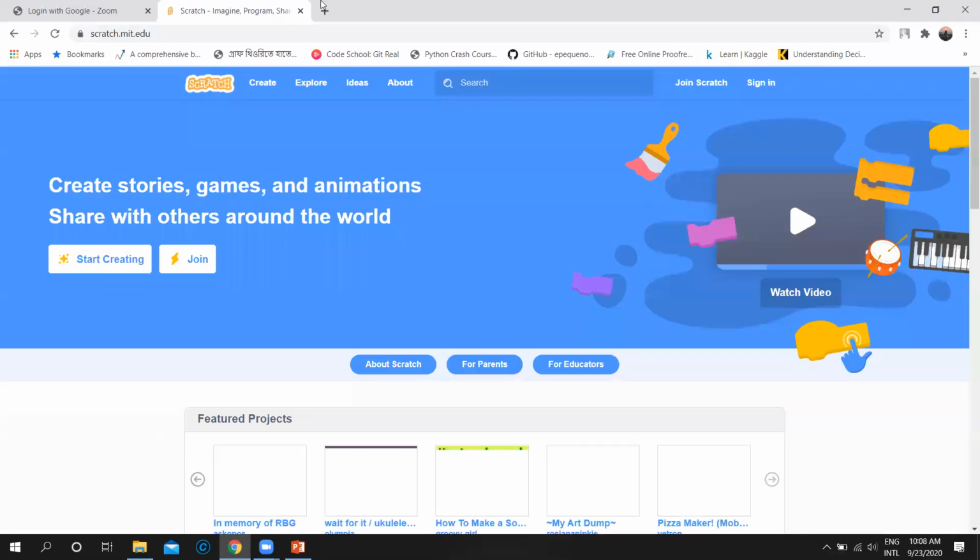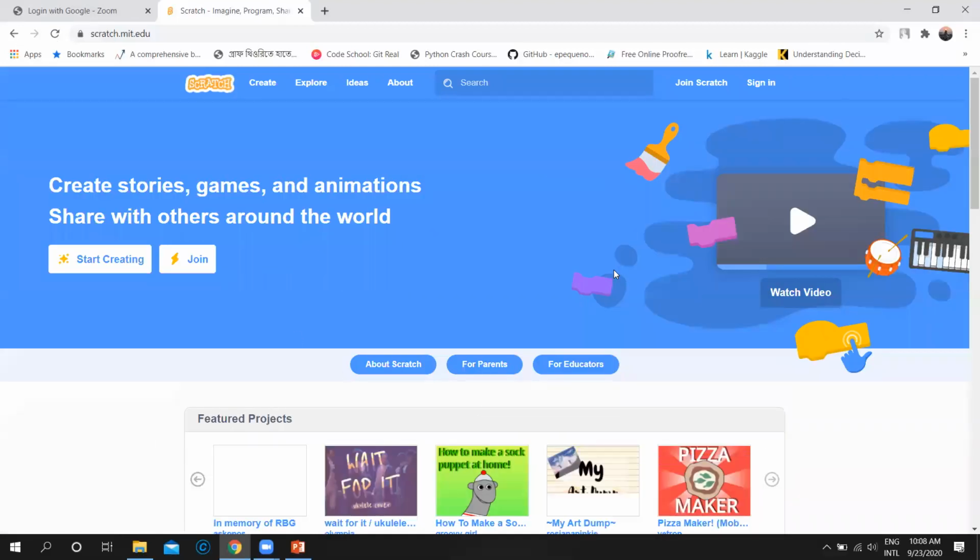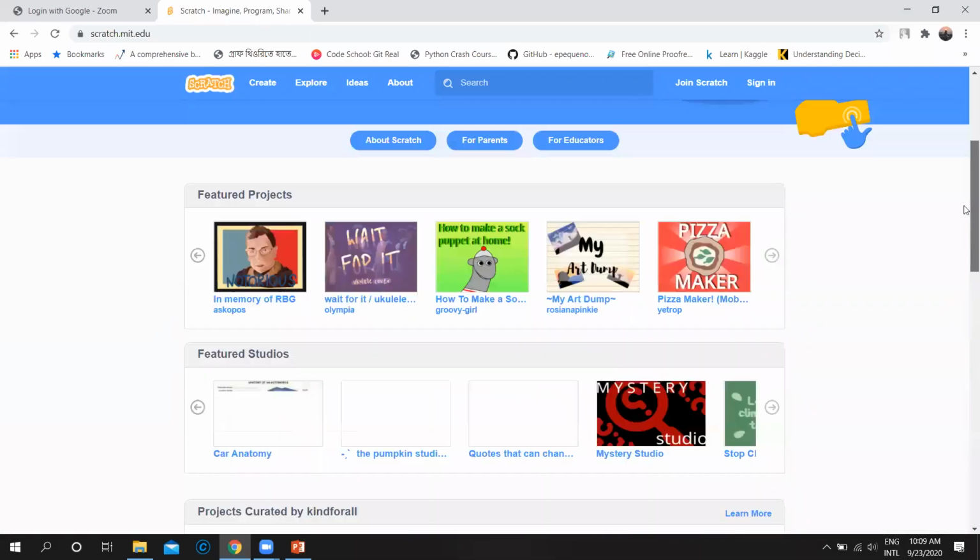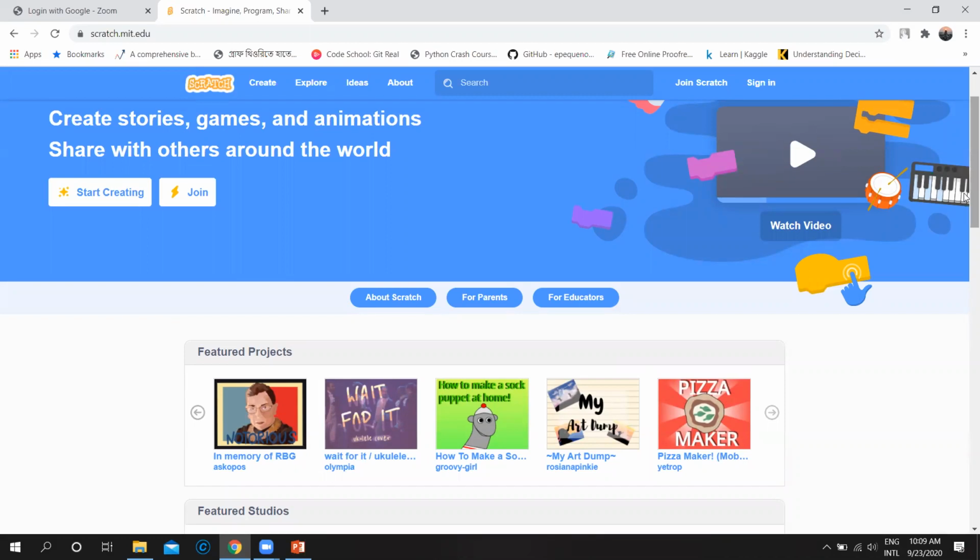Here you can create a Scratch account for yourself. It's fine. Whenever you open it, you will get this very nice interface. If you have an account, you can sign in. I already have an account. If you don't have an account and you go there for the first time, you have to create one. So your first job is to join Scratch. You will click on Join Scratch. Don't worry, you will get all of the instructions in the recorded lecture.